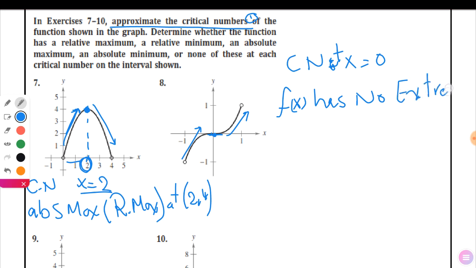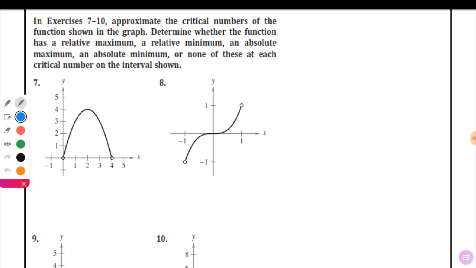Or we say none of these. Is it clear or not clear? Extrema occur at a critical number if the behavior changes from one case to another. Okay? Now,